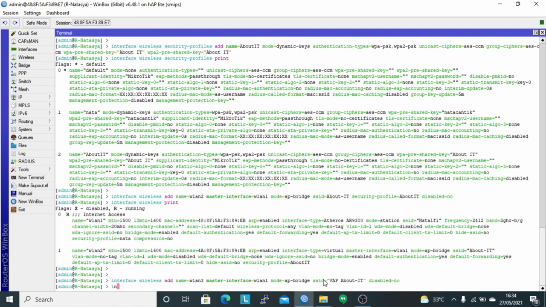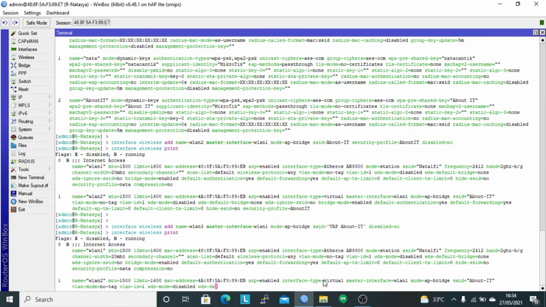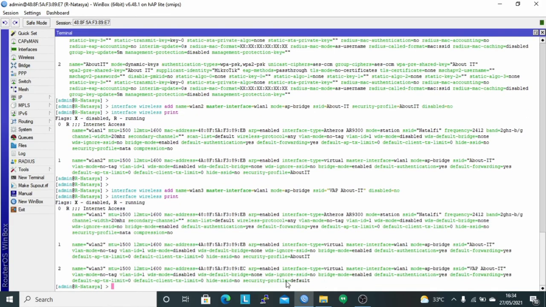Check with the command interface wireless print. You can see that I have successfully created a new SSID with the name VIP about IT, using the interface type virtual. Here the security profile is default.